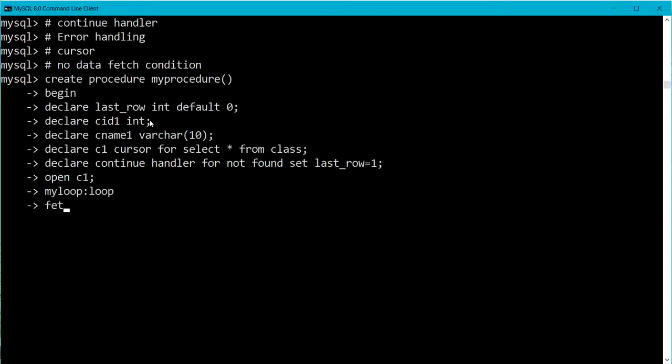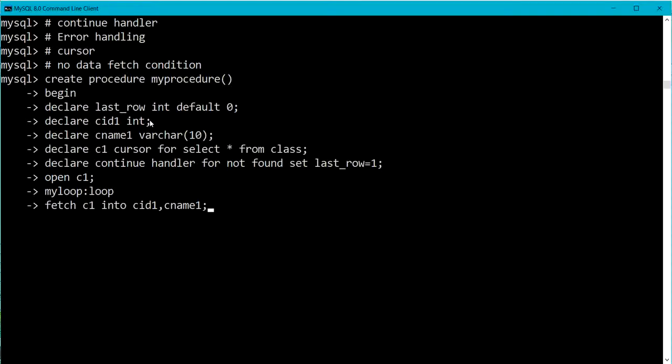Now after specifying the loop statement I am going to fetch the result set. So fetch cursor C1, fetch C1 into CID1, CNAME1. So this is reading the next row in the result set.